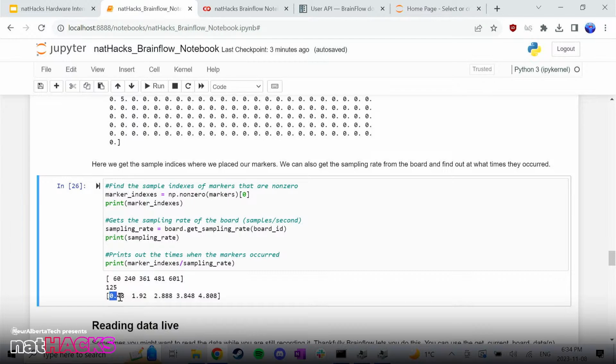The first marker got placed at half a second in. I think this is an issue of the board not recording at a constant frequency. So that's something, again, you have to be careful with. But the second marker was placed close to 2 seconds. The third marker was placed close to 3 seconds. So the rest of them are fine. For some reason, the first one, I think it might have just